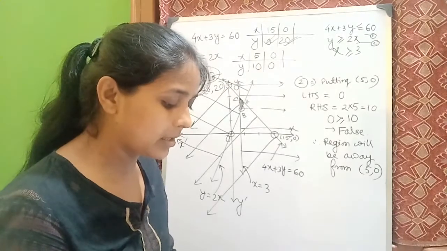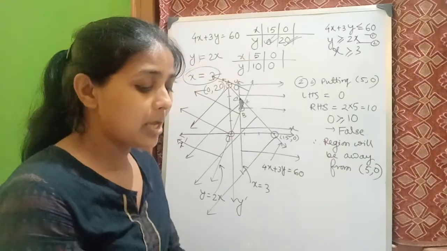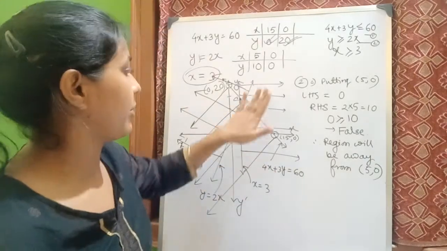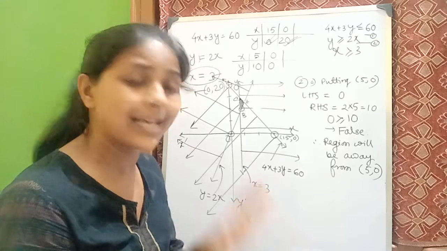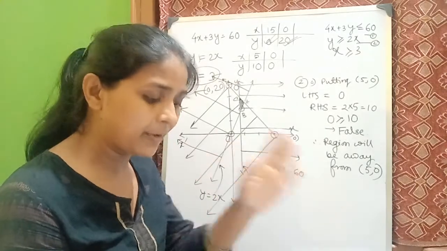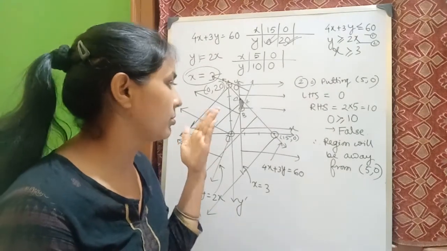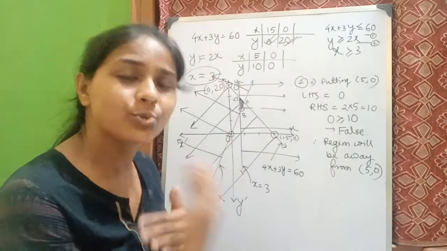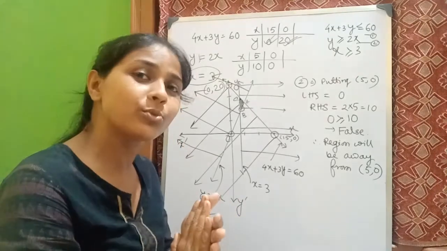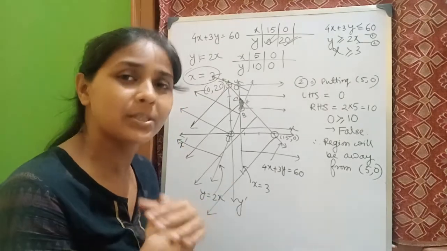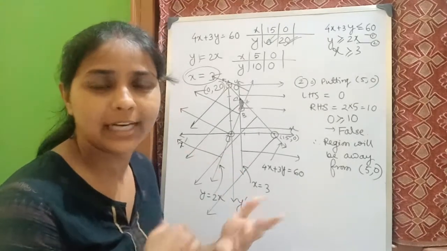Now we will be doing some questions from the miscellaneous exercise too. Okay, let me finish this one first. This one question only I have chosen from exercise 6.3, but there are 15 questions. All are similar questions. You have to draw the line, choose a point, then check whether it is true or false, then put arrows in the visible region, that means which side is away from or towards the point.